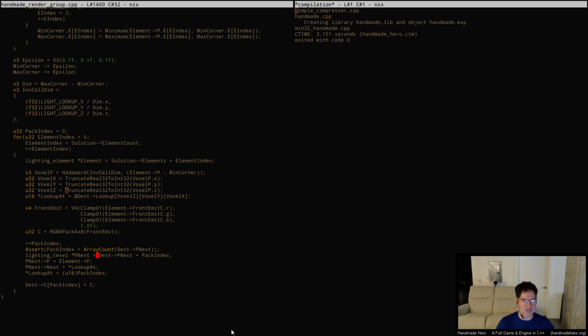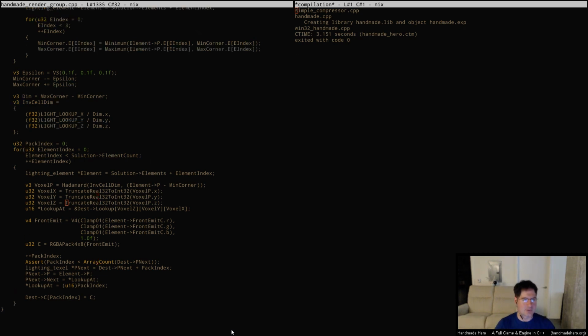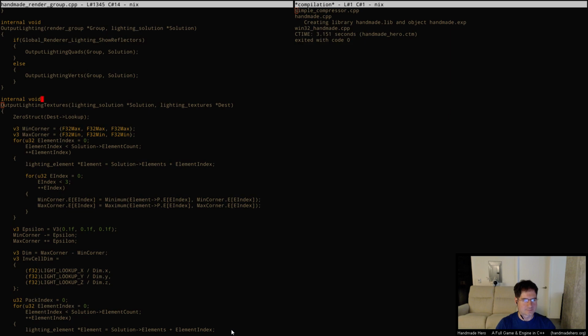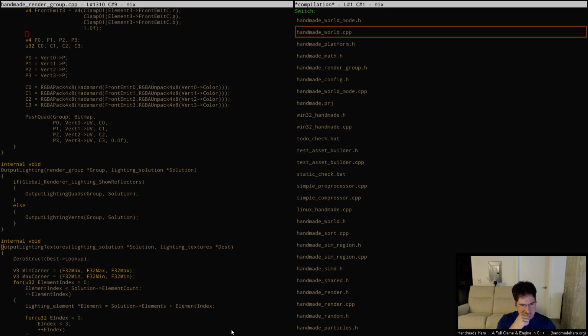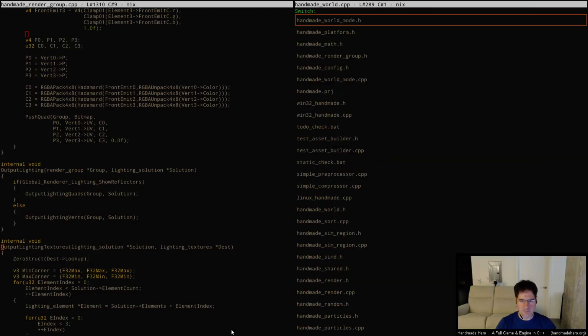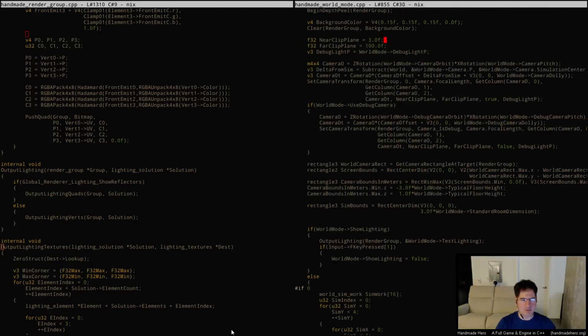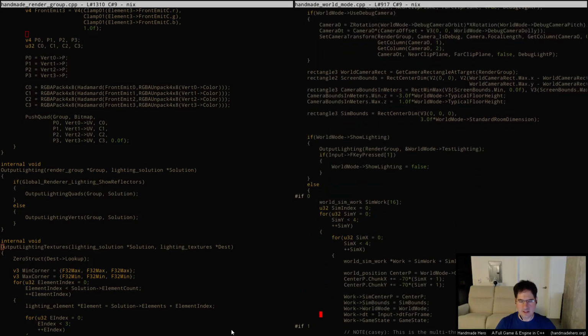However, we obviously have a bunch of work we would have to do there, and I don't know how much time we really have here. We only have about 15 minutes left. So I'm not really sure. I guess what I'll do here is say, well, inside Handmade world mode here, when we output this lighting, maybe I'll just say, hey, like,